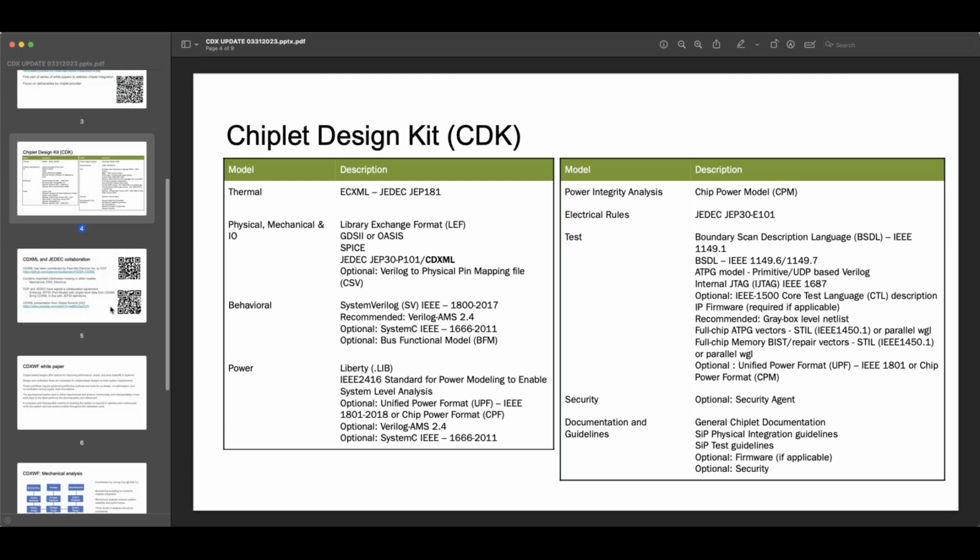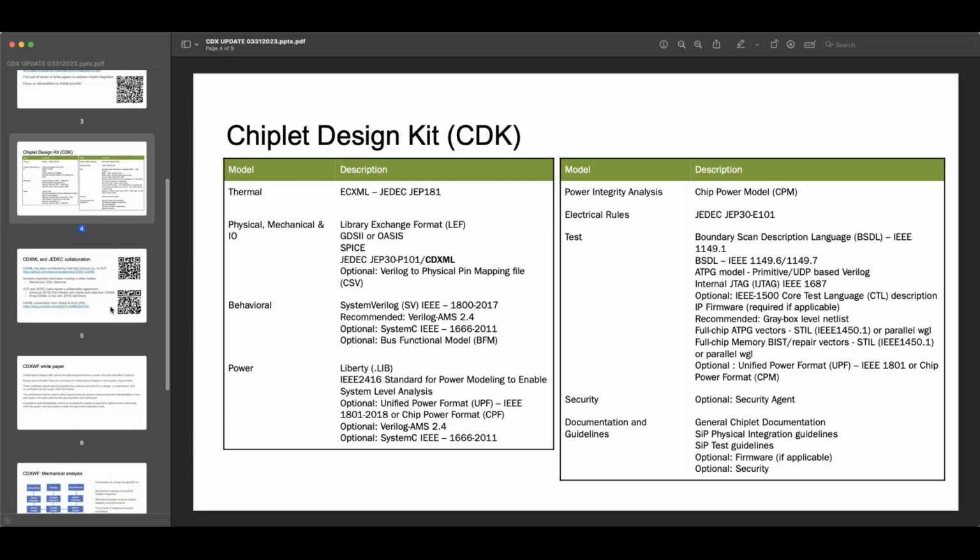I think down the line, as we progress through CDXML 2.0 and 3.0, some of this is going to get more streamlined in terms of how the structured data will be put together and made available in a standard format.